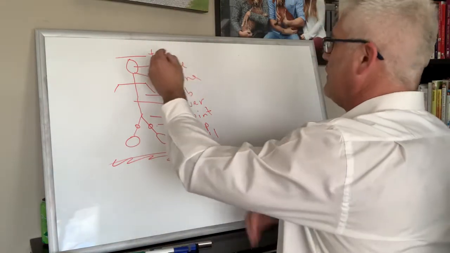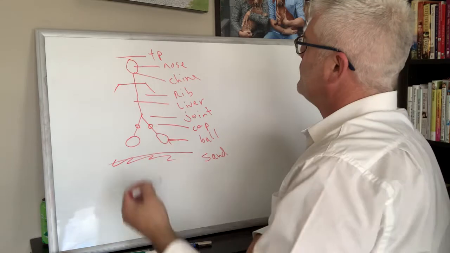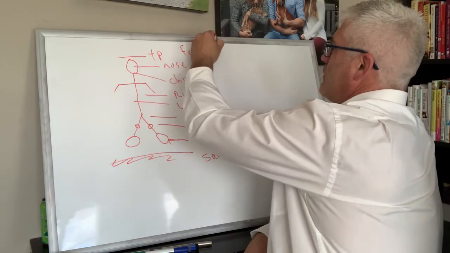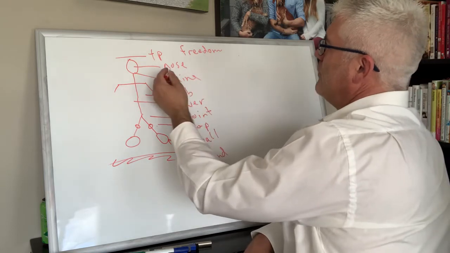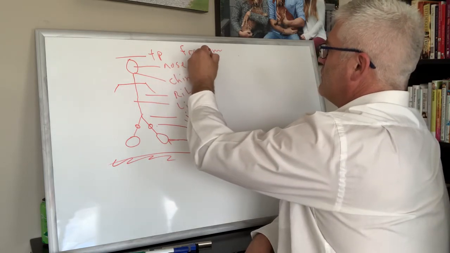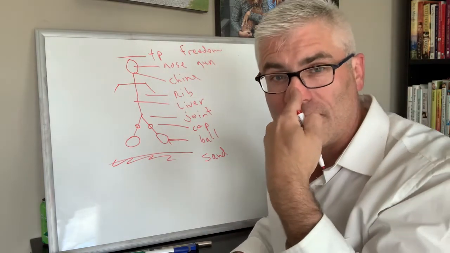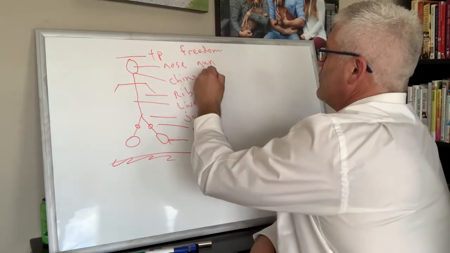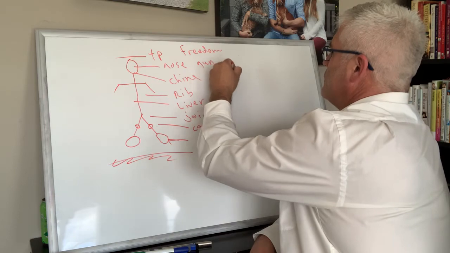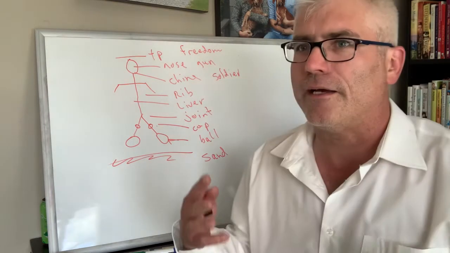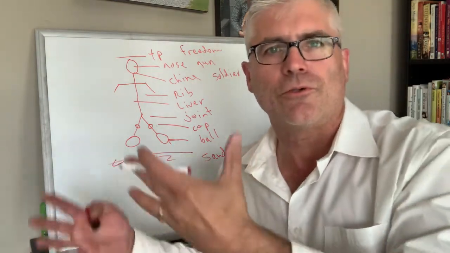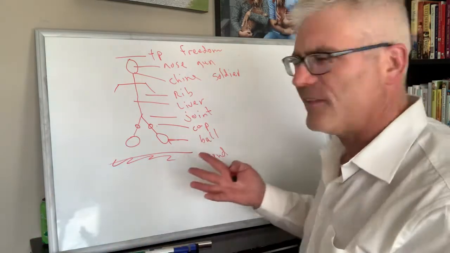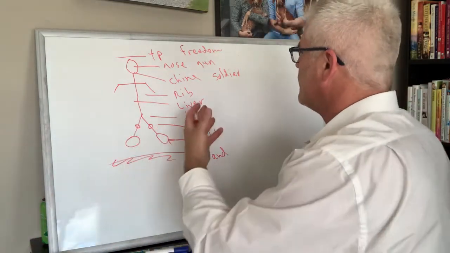You could say, you know, you have the right, freedom of speech, and then you have the right to bear guns. I just picture a guy's gun to the nose. Chin would be a soldier, so no person shall be forced to have soldiers quarter at their home. Like, you don't have to have a soldier stay at your house. It's kind of a weird one, but that's in the Bill of Rights.